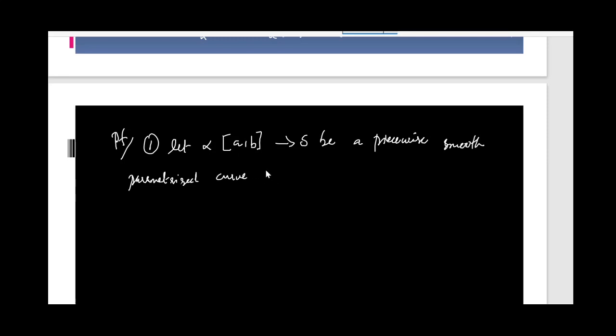Let alpha from the closed interval [a, b] to S be a piecewise smooth parameterized curve from P to Q. If V and W are parallel vector fields along alpha,